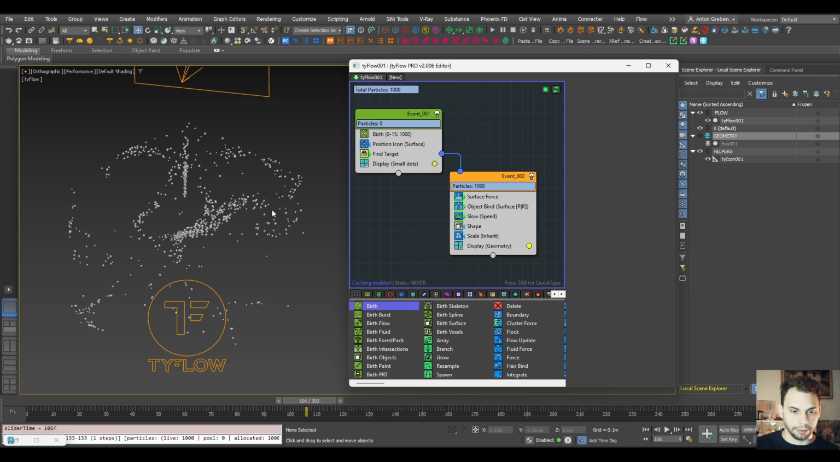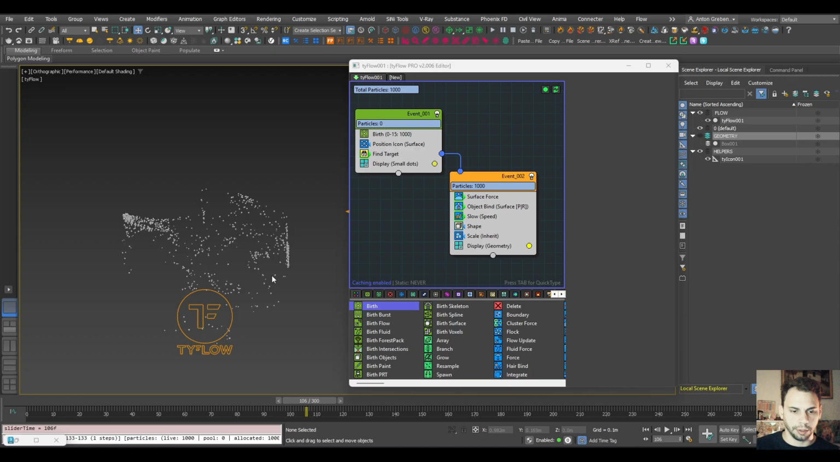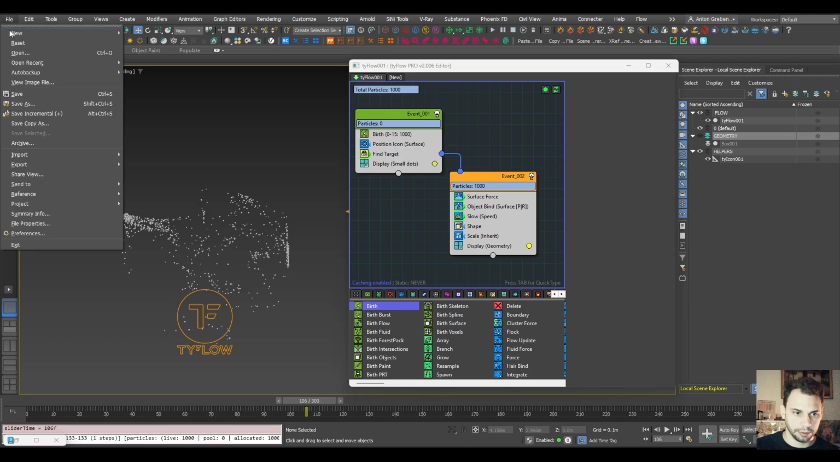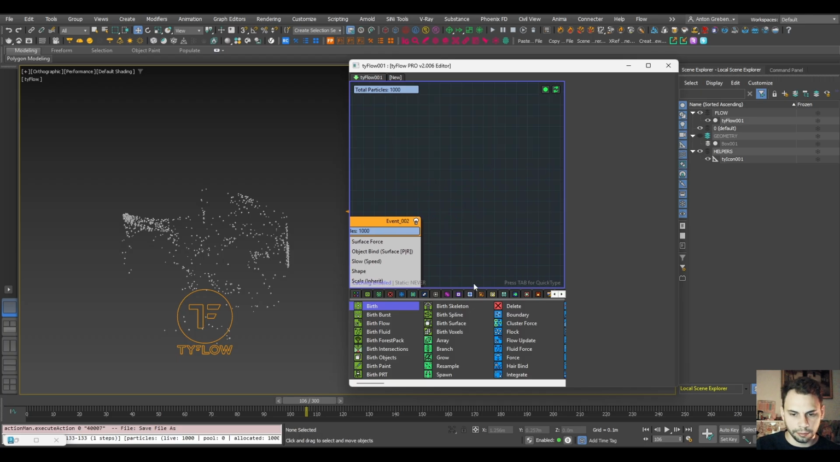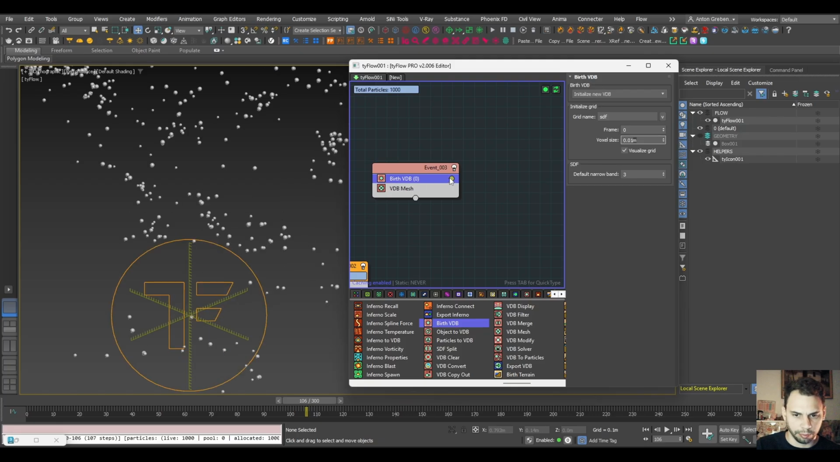So from now we are starting to work with the VDB. So I recommend to save the scene first. If you scroll to the right side of this panel, you will see the section with VDB tools, VDB operators, and let's use the birth VDB. Here you will see already in the viewport how appeared